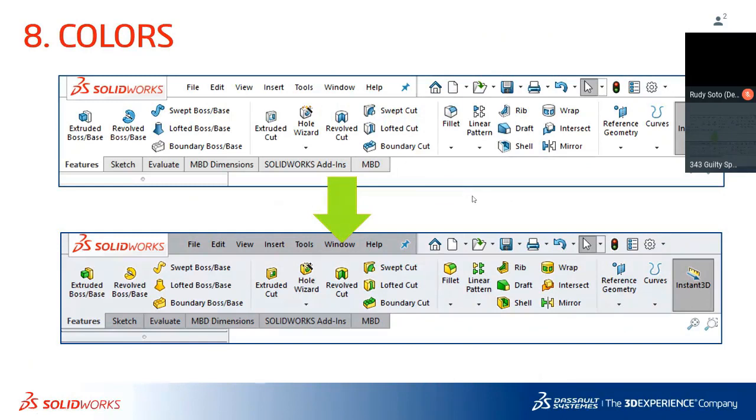So, okay, good. This is just one that you should know about if you've been using the software for a long time. You can go into system options, you can go into colors, and you can change it back to the classic colors. The reason that I like this is because